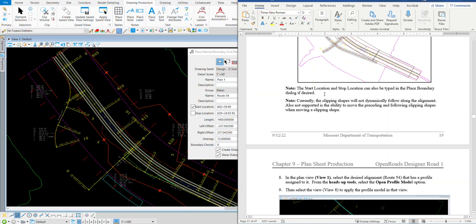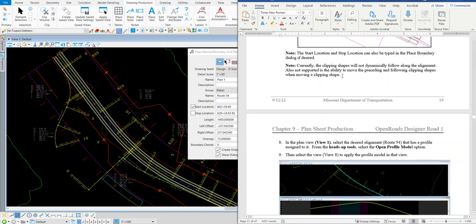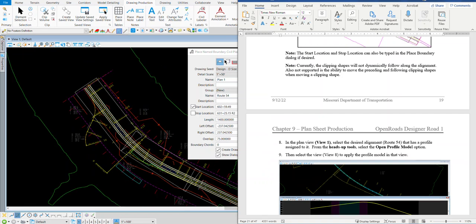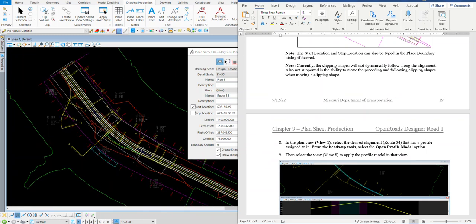And this notice says the start location and stop location can be typed in if you wanted to. And also that the clipping shapes will not dynamically follow along the alignment. So what it's saying here is these shapes that we place, you can't move them and get good results out of them. So what I'm going to do is go ahead and left click to place this,